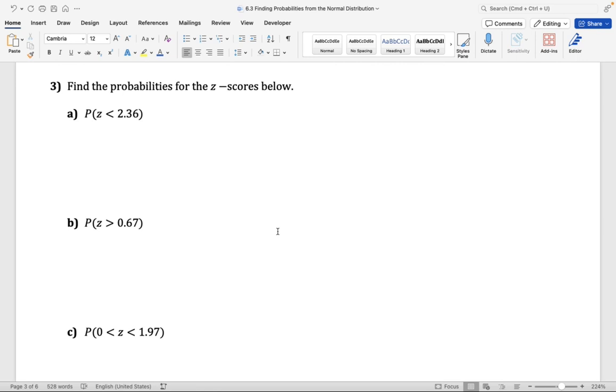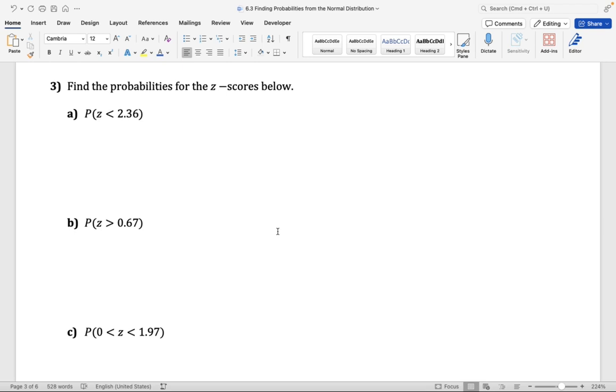To this activity, I'm adding an exercise where you're being asked to find the probability of a z-score being below or above a given z-score, or the probability of a z-score being between two given z-scores. You're going to have some of these questions on your online homework assignment. I always get the same question. How can I find a probability if they haven't given me the mean and the standard deviation of the distribution? This is why I'm adding this exercise here.